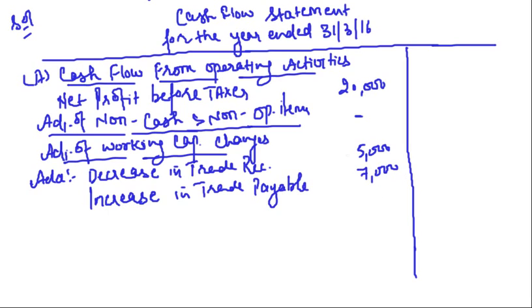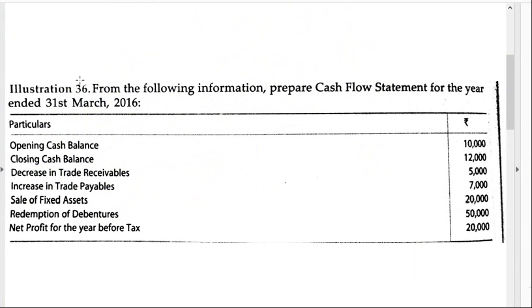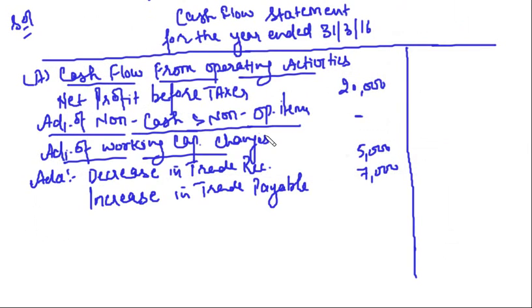Now let's see if you have anything else related to operating activities. Cash balances, this we will not take. Trade receivables, payables we have taken. Fixed asset, not related to operating activities. Debentures, not related to operating activities. Net profit we have taken. So nothing is left. Whatever the net amount I get, I can say this is my cash flow